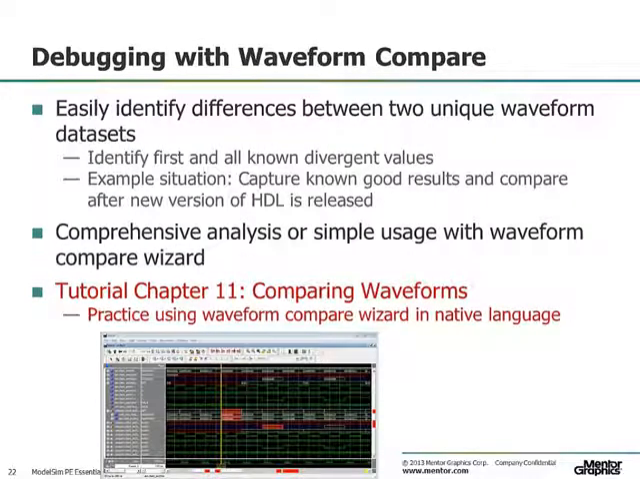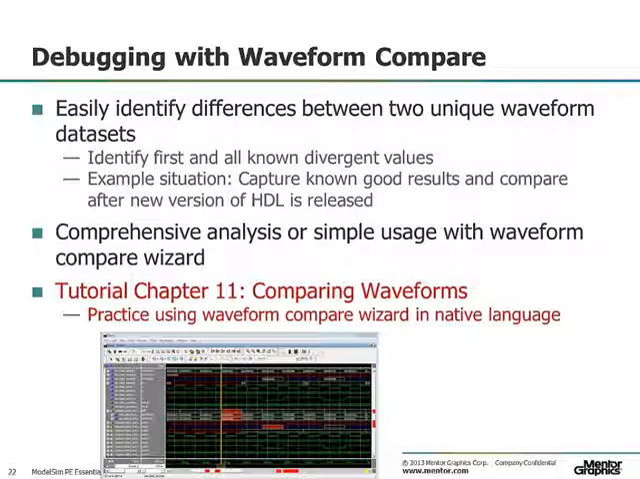Another useful tool is debugging with waveform compare, which allows you to easily identify differences between two unique waveform data sets. Identify the first and all known divergent values very easily. For example, if you have a known good waveform and you've made a change to the RTL and you have a failure from your test bench, you can use waveform compare to identify the first divergent value between the two data sets. And that way you can start debugging from the first miscompare or any of the miscompares that you may want to. Generally, the first divergence is the place where you'll find the root cause of all future bugs,